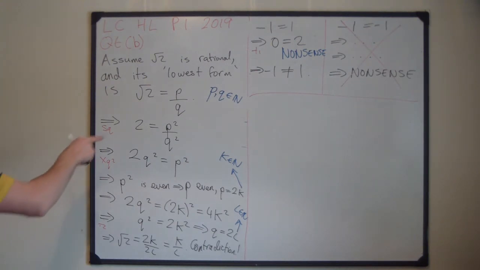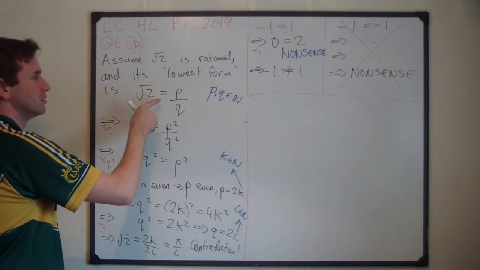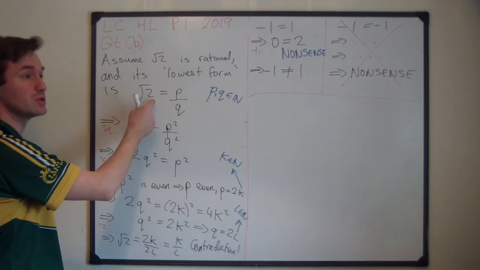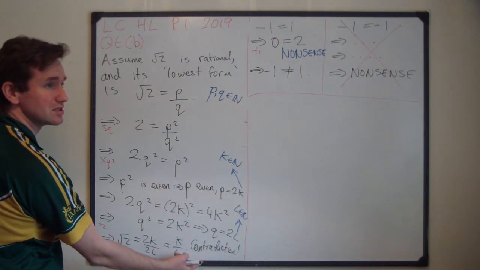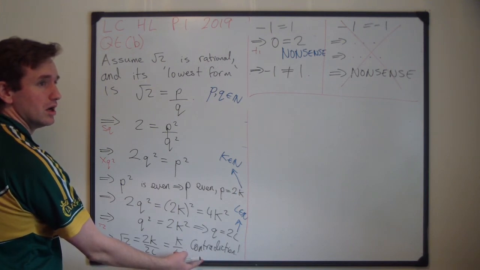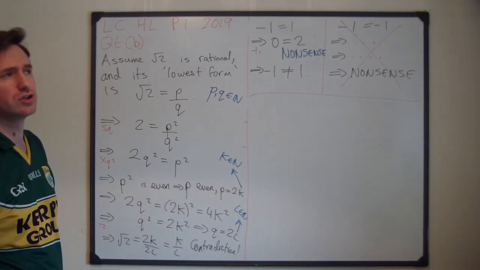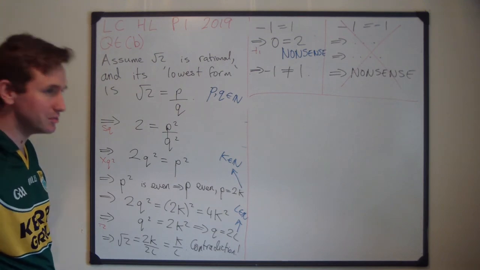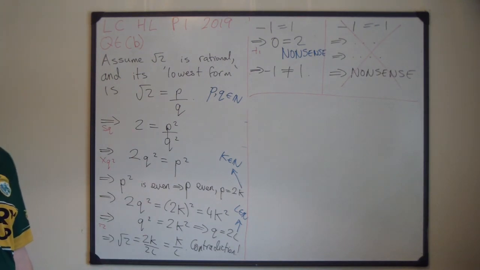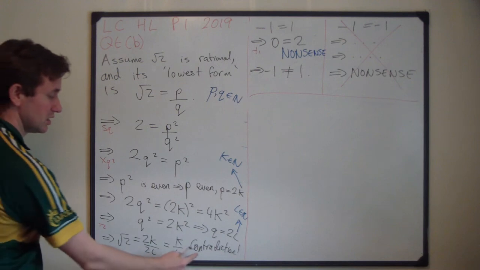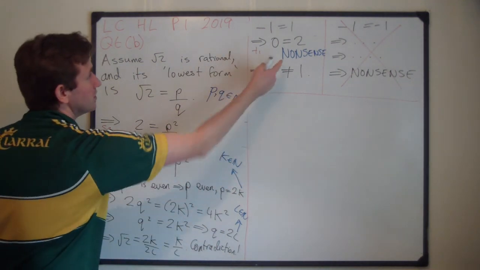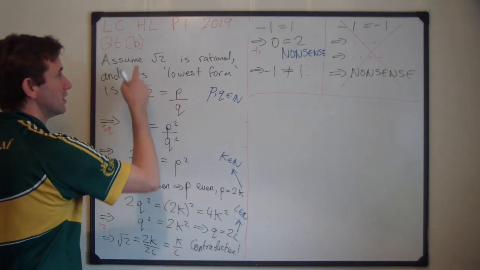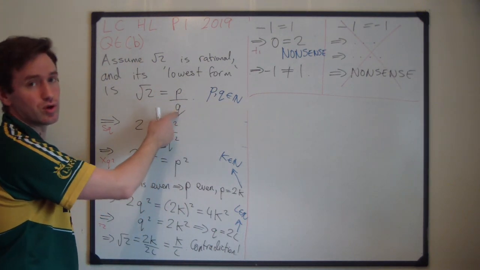You start with something that's actually not true, or you start with something, you end up with, well, it's not quite a contradiction, it's called a reductio ad absurdum or something like that. You basically just end up with nonsense, not quite a contradiction. This is just nonsense. And that means if you end up with nonsense, the original thing, that root 2 is rational, is wrong. And in fact,